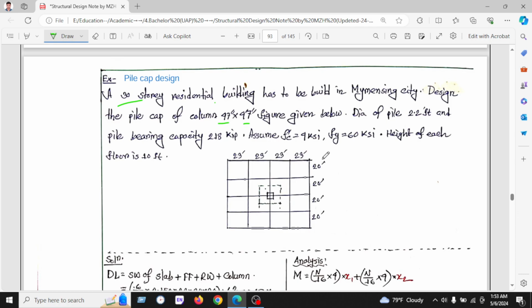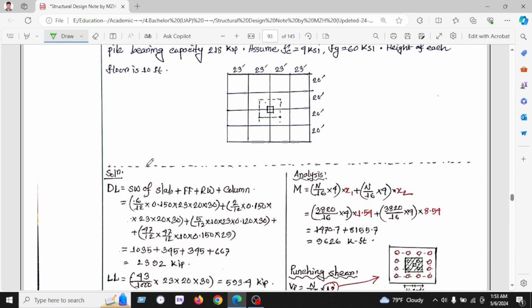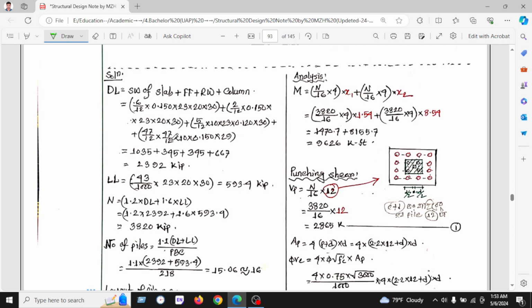Here is a figure of the top view. The pile diameter is 2.2 feet and the pile bearing capacity is 218 kips. The compressive strength of the column is 4 ksi, fy is 60 ksi, and the height of each floor is 10 feet. At first we have to calculate the dead load: self weight of slab, floor finishing, wall and column. The slab thickness is 6 inches and the unit weight of concrete is